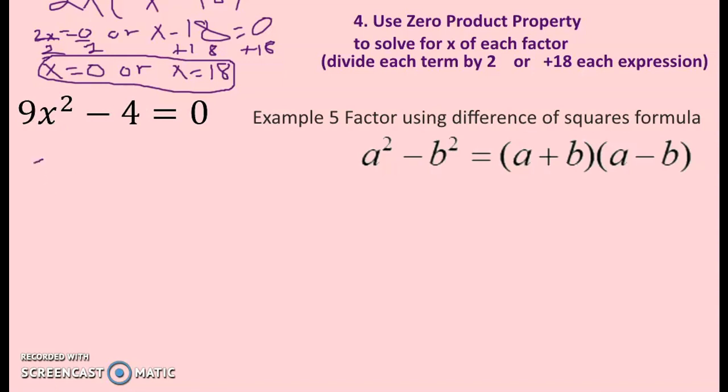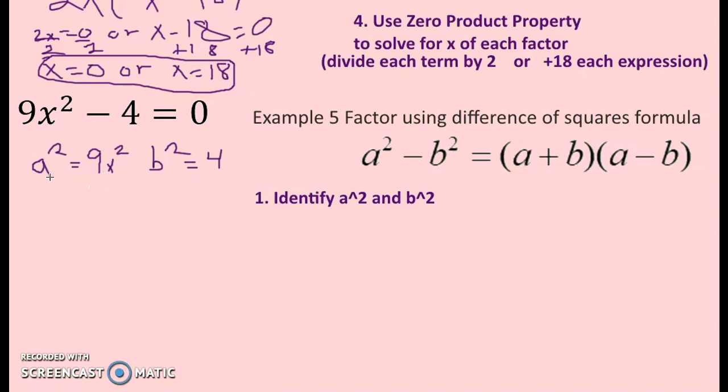So we're going to identify a squared and b squared. That's what we want to do first. After you identify a squared and b squared, which is 9x squared and 4,